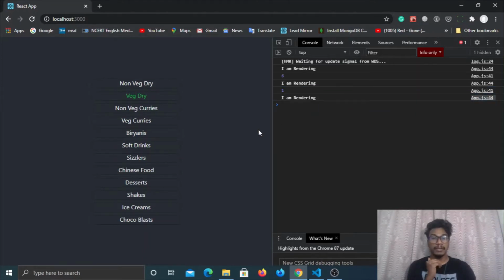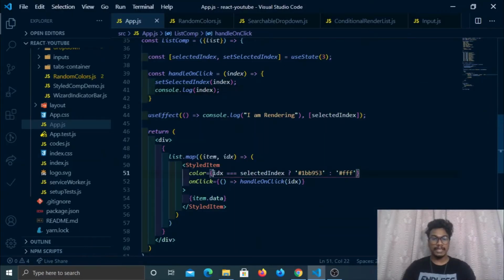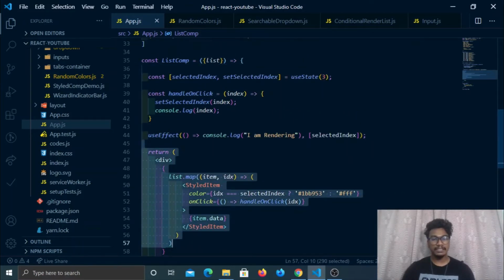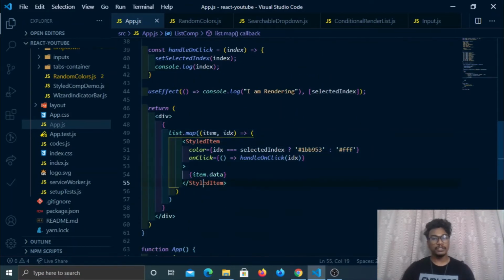So only because of that this condition is being executed properly. If this loop is not running, even though I change my selected index, this condition is not being applied. So what's the point of having a ternary operator? Whenever a state is changed, my React component is re-rendering this return part, and in this return I have my loop. So this whole loop is being executed all over again, and this particular condition is also checked for each and every iteration, and because of that I'm getting some color.